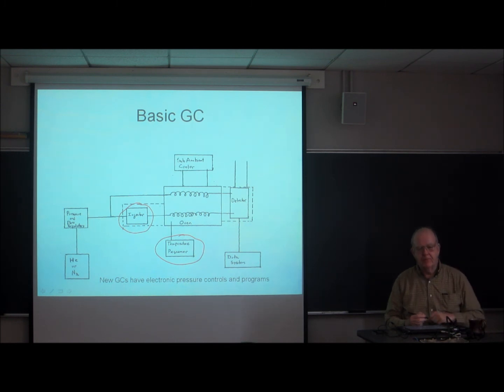But the price of helium in the world has gone up tremendously, and so there's really a major switch now to using hydrogen, especially in capillary columns. The flow of hydrogen may be a little bit too high in packed beds. The flow in capillaries is a lot